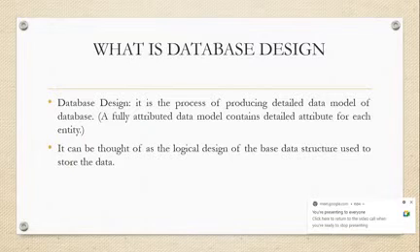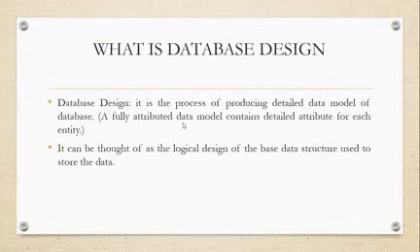What is a schema? A schema is where we define the attributes with their data types, and afterwards we store the data in the database. It is a fully attributed data model, containing detailed attributes for each entity. I already discussed some rules of relational database management, where we said the attribute must be unique and there must be no data redundancy in the attribute. We need to take care of that while designing the application, which is the process of producing the detailed data model.